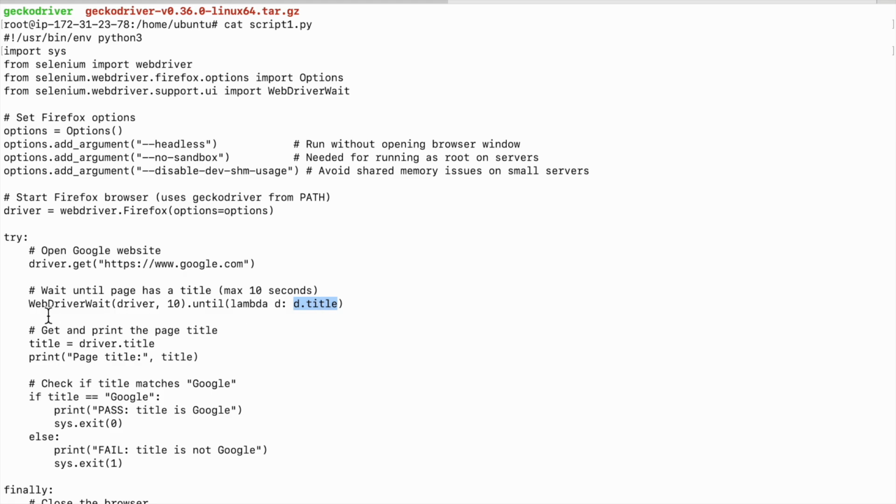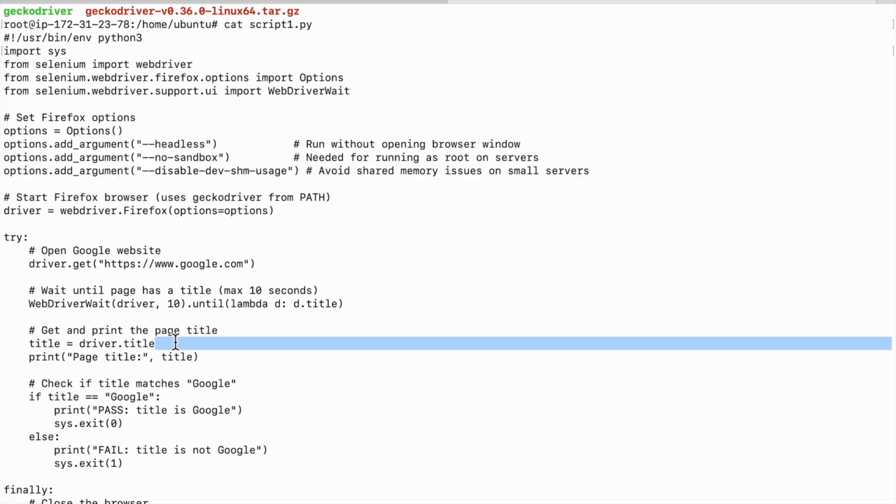So d.title, you will see it will get that particular title, and after it gets that title, it will save it in a variable called title, right? So you can see the comment: get and print the page title. It has a variable called title, which actually gets the title from the driver, and it also prints out the